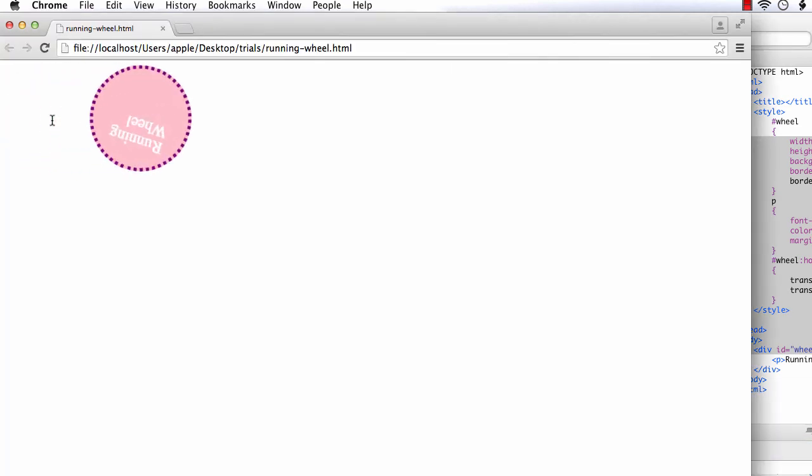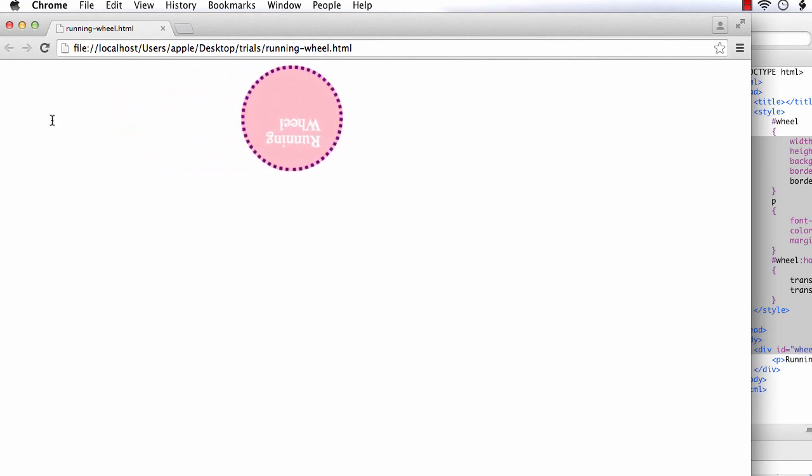This way we can create different animation effects using transform and transition together. Just with transform, the shape will change or it will just move or it will just rotate. But if you want it done within a specific period of time, we need to combine the transform with transition. So in this video we have created a running wheel just using CSS3. We haven't used any complicated JavaScript, but just using CSS3 we could create a running wheel.